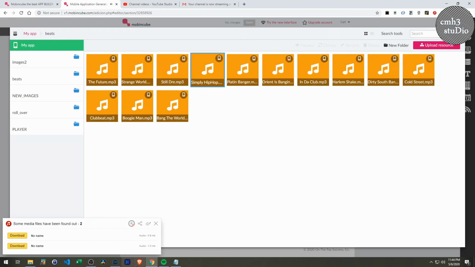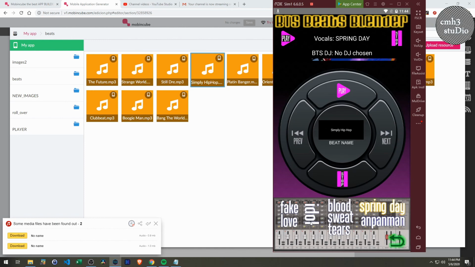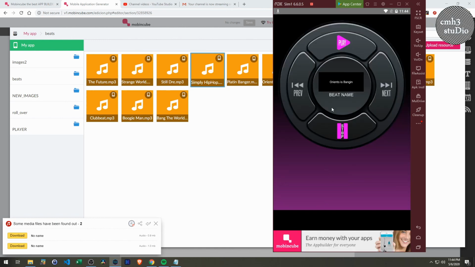Well, I guess you're just going to have to use your imagination that it was actually playing that song here, and that's how I can control the music. And of course, if I hit stop, it would stop the music, and then the navigational links here at the bottom will take us to the next database form,